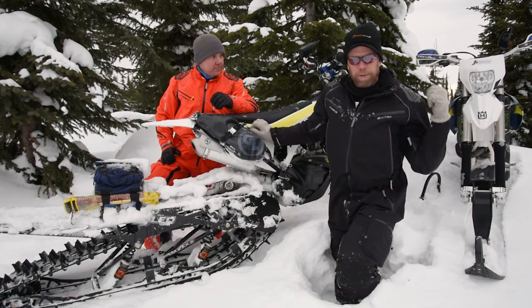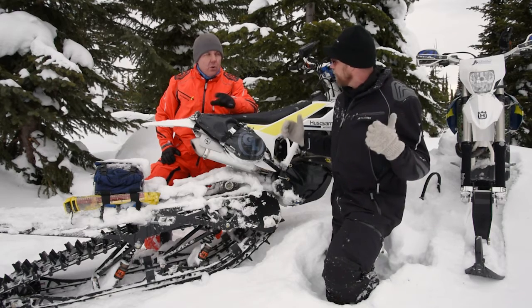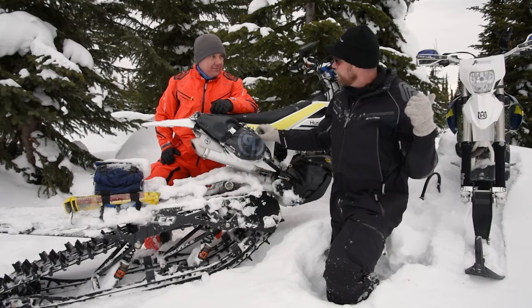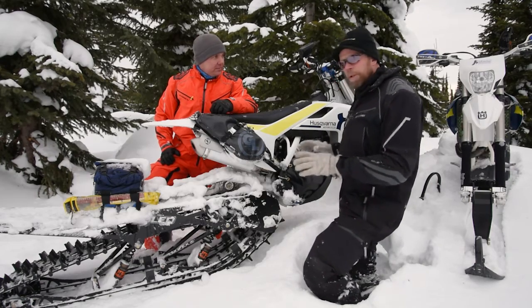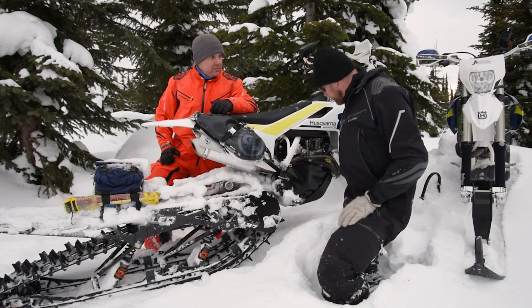Behind us we have Twink, which is an FE 350. It's an enduro bike. It feels completely different in the front end. Totally different. We just spent the last couple hours beating up Warren's bike here. And it was awesome. It felt better than this bike. So we're going to try and figure out what's really the difference between the geometry of the bike and maybe some of the parts that we've added,